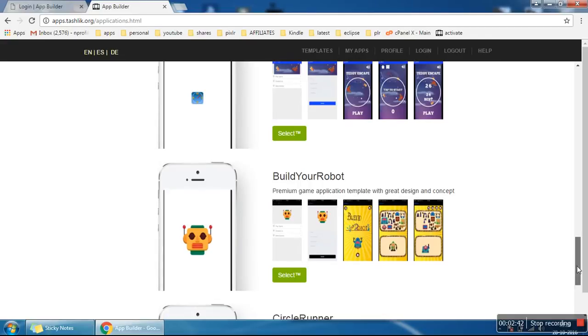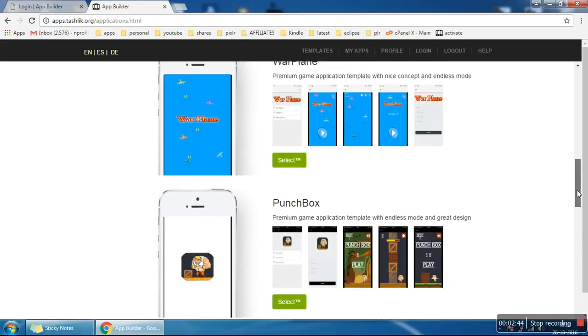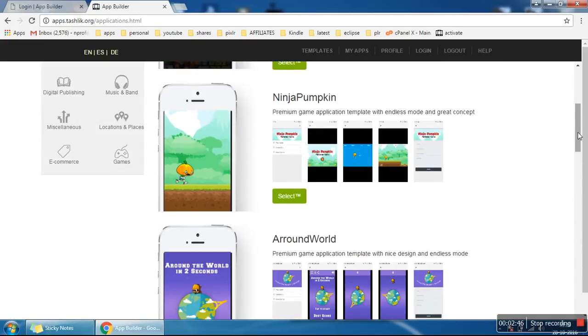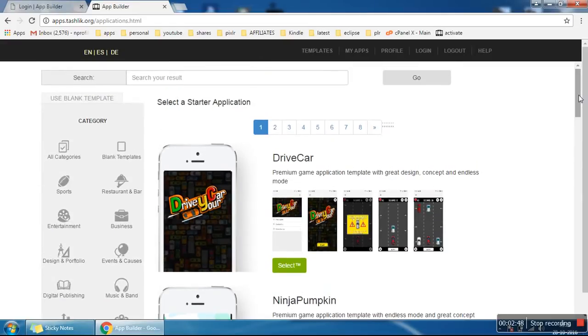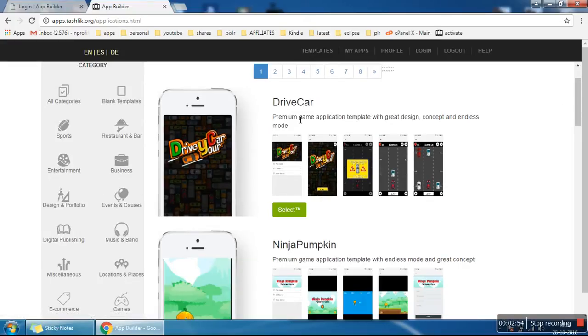Now using these templates, how to create our own games. First, just go through some games over here, like Drive a Car. Install this app on your phone. We will teach you how to install this app on your Android phone in the training, so you follow the steps.